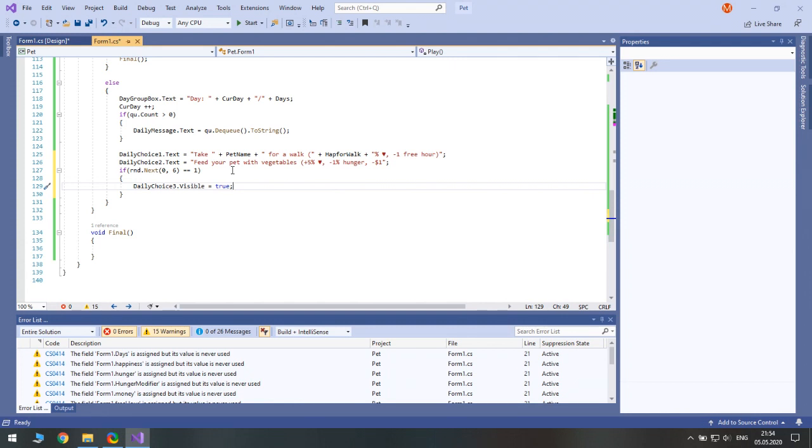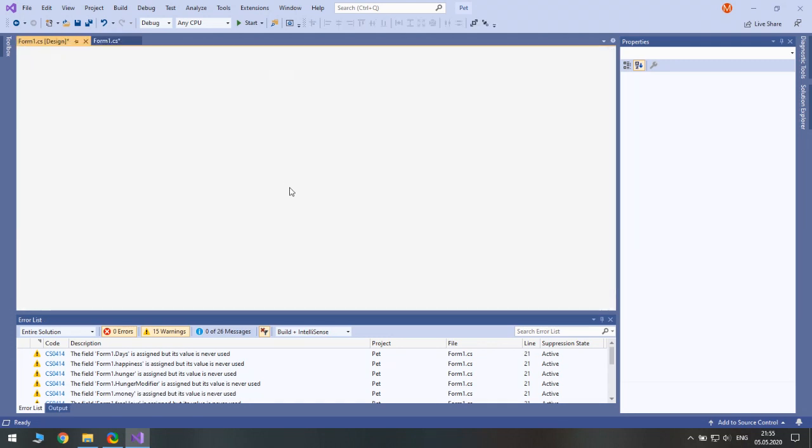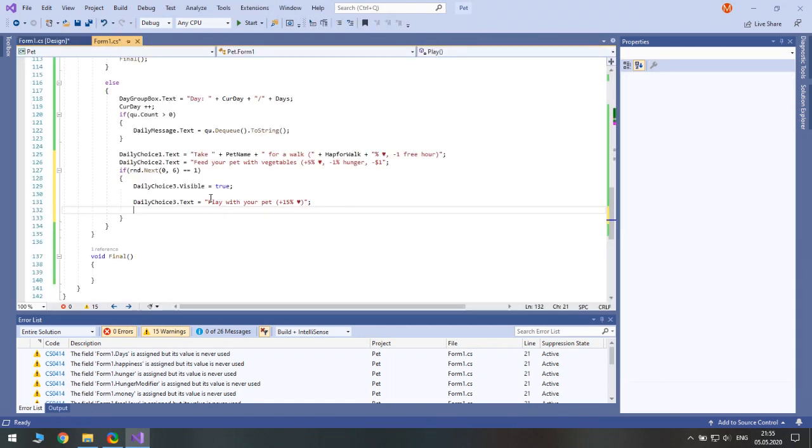Yeah, good. And its text should be like play with your pet. This should be something unique, very beneficial, so let's give plus 15% happiness without any negative effects. And we indicate that the user can select this and gain its bonus, so we assign the flag to true.